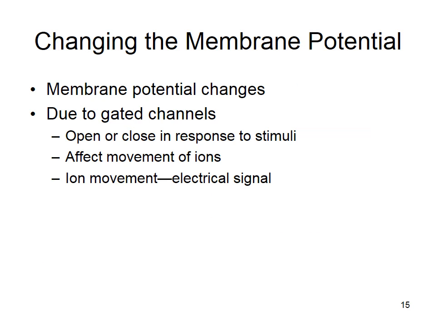Neurons can change their membrane potential because they have gated ion channels. These are ion channels that are not always open. All cells have leak ion channels for potassium. Neurons have gated ion channels that open or close in response to a stimulus. And when they open, ions are going to move down their electrochemical gradients. And because ions are charged, that's an electrical signal. You have the movement of charge. And it happens rapidly.